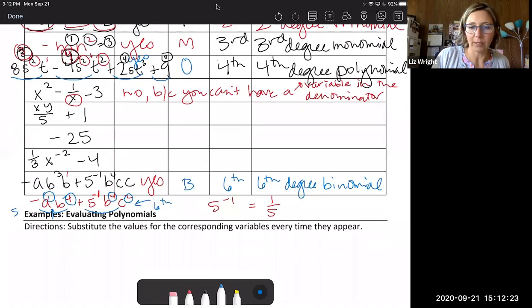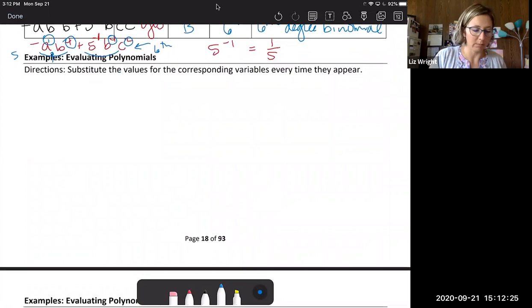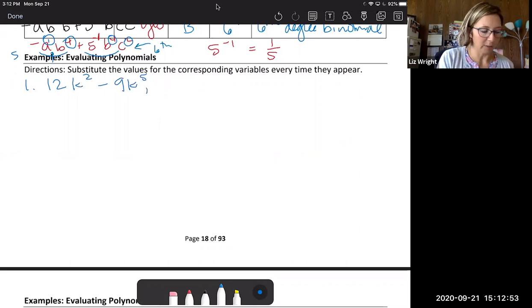All right, so now we're going to look at evaluating polynomials. So evaluating polynomials, what we do, it says directions, substitute the values for the corresponding variables every time they appear. So I'm going to give you a polynomial, and our polynomial is going to be 12k squared minus 9k to the 5th. And I want you to evaluate that. So the directions are evaluate the polynomial